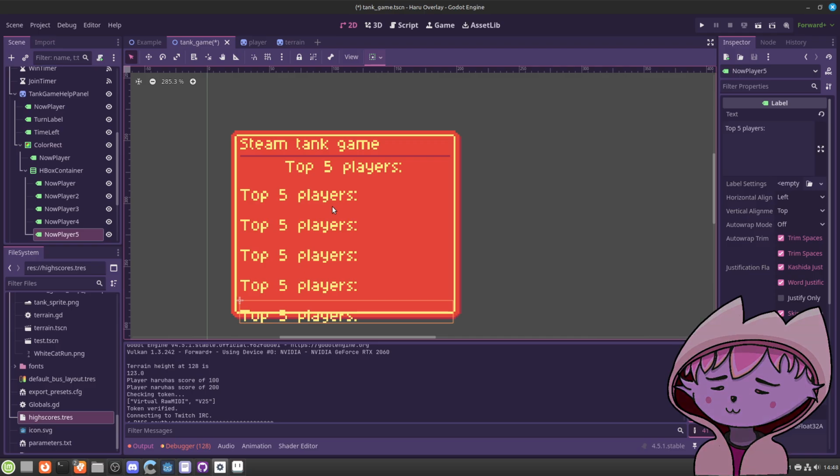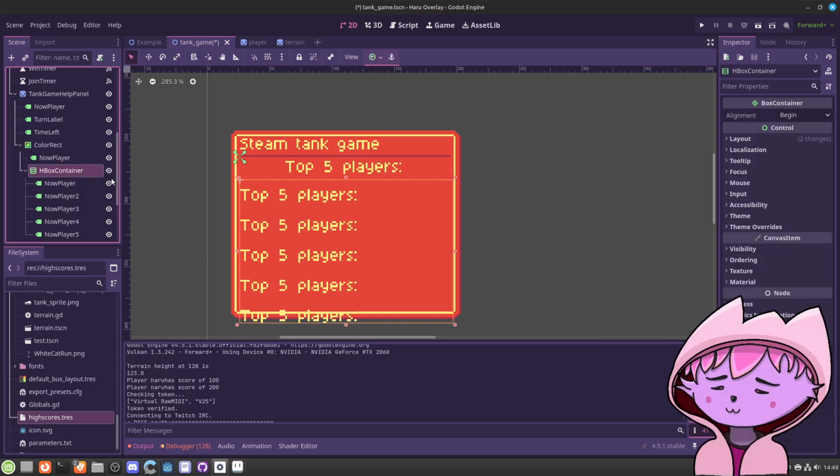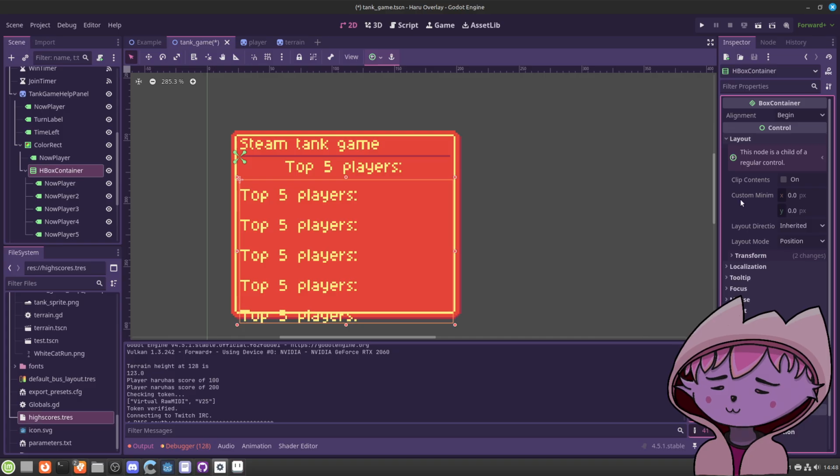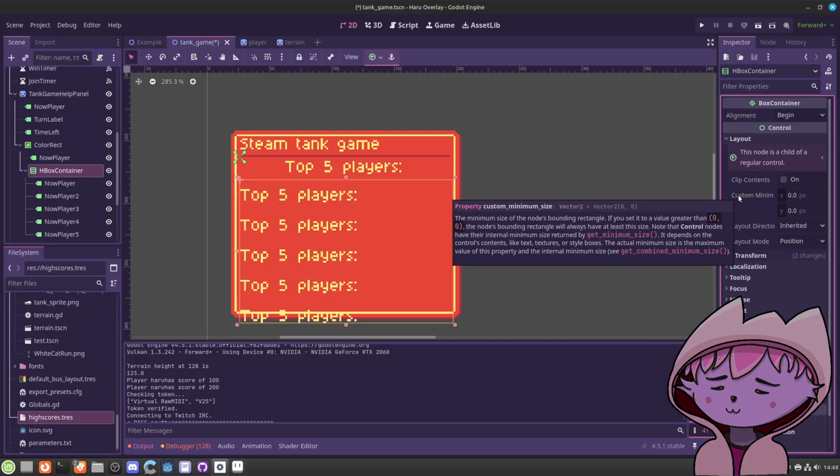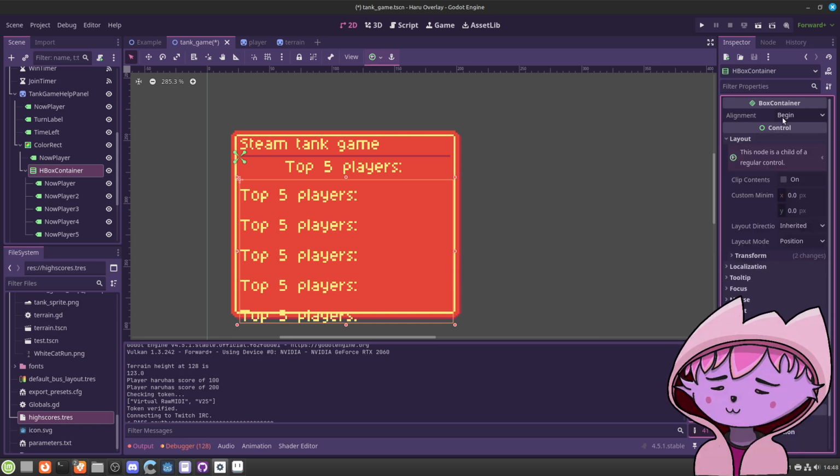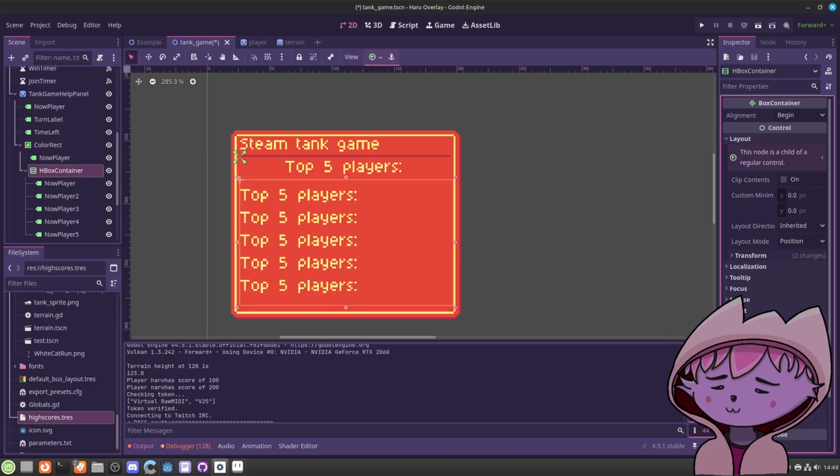Yeah, that's okay, but somehow the margin is too high. Too big. Alignment, theme overrides, separation. Here we go. Oh, it wasn't that bad,